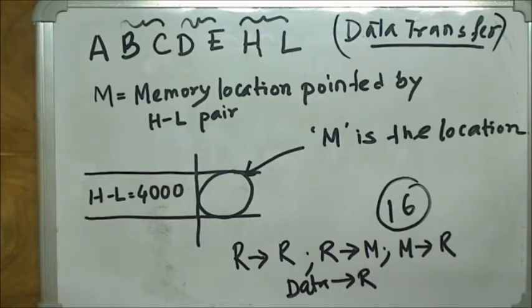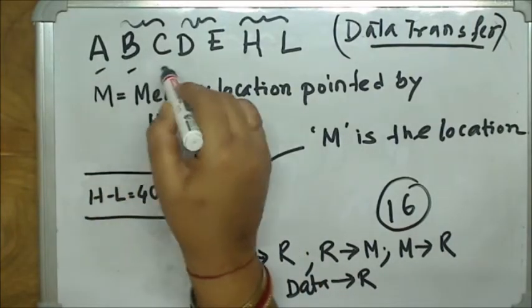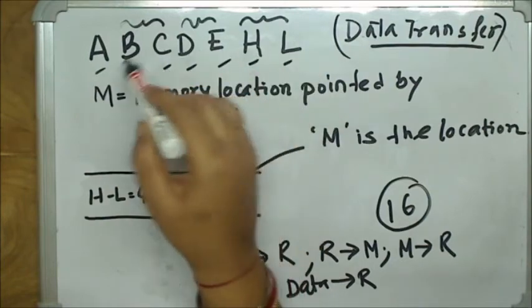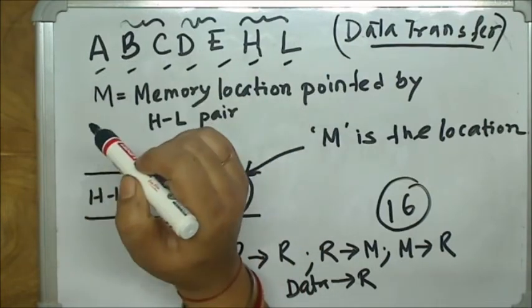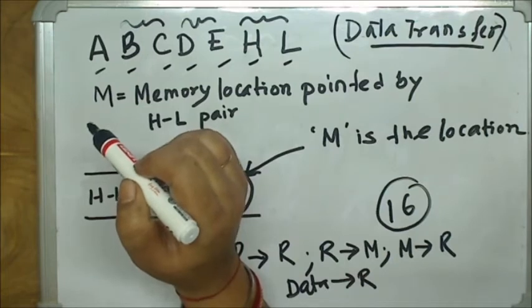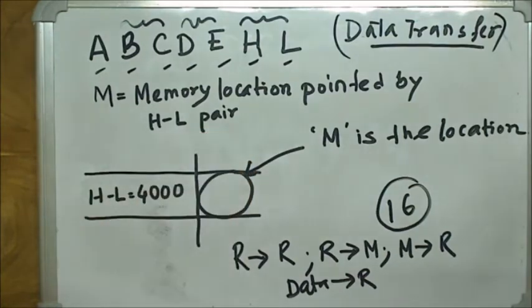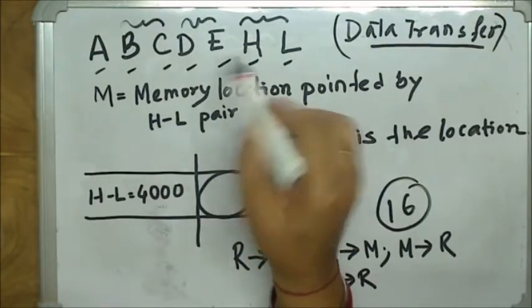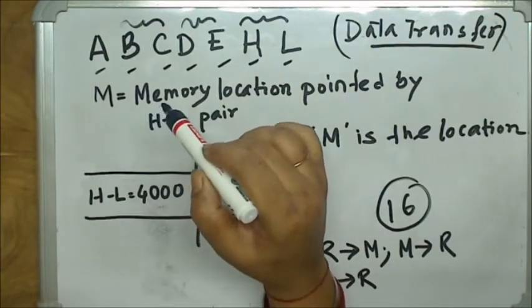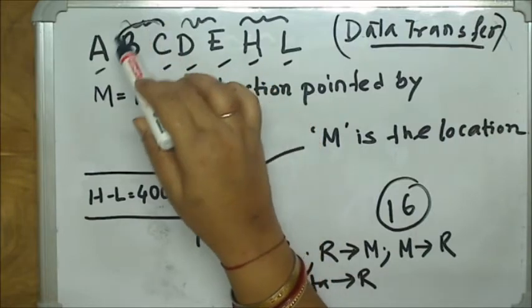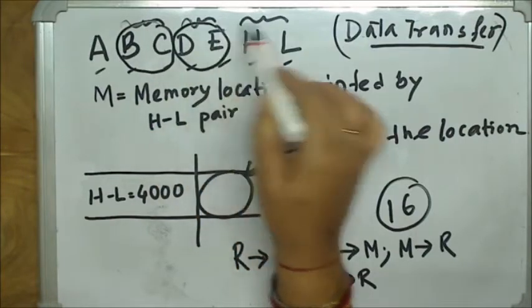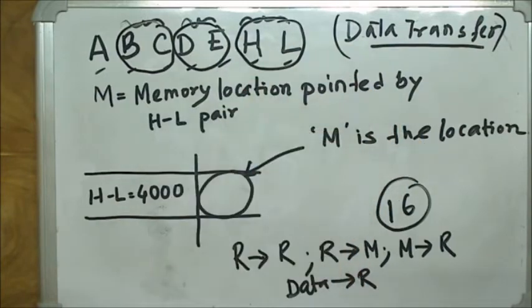Now we all know that 8085 has 7 general purpose registers. They are A, B, C, D, E, H and L. All these are 8-bit registers. But as you have seen in the architecture video and in the addressing modes video, these registers can work as register pairs also, 16-bit register pairs. How can the pairs be formed? BC, DE and HL. So these are the 16-bit register pairs.